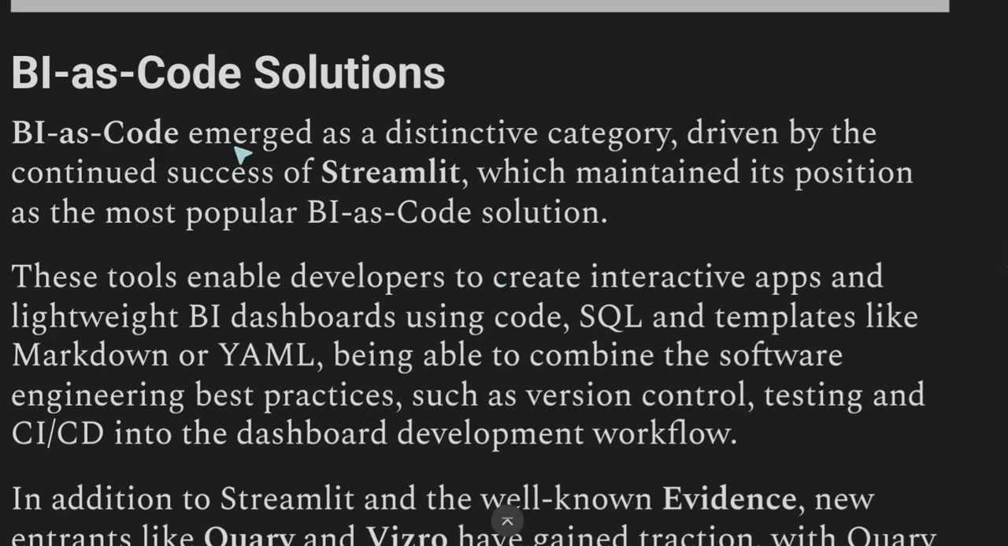BI as Code solutions. BI as Code emerges as a distinctive category driven by the continued. Let me just write down Lightdash for